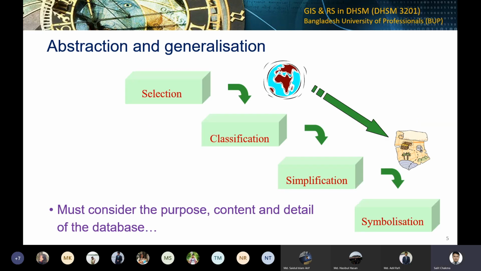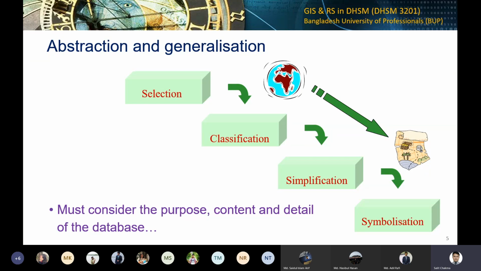So abstraction and generalization. What does it mean? It's the process of how we simplify reality into some data model. That could be a raster data model, or a vector data model. Or simply put, how do we simplify the things that we see around us and then represent them on some platform, for example, on a piece of paper? In the process, as the first step, we select the things or the objects or the entities that are